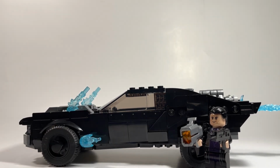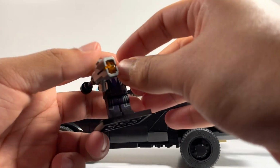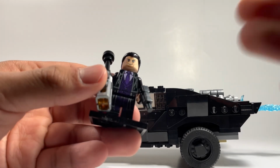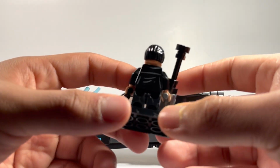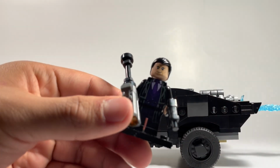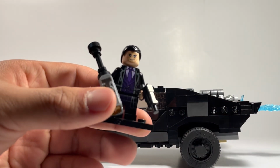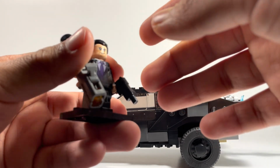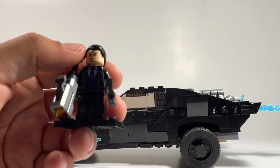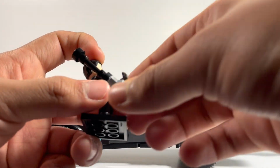The next minifigure you have here is the Penguin, who I'm pretty sure in the movie is played by Colin Farrell. I'll watch the movie first, but I think this figure looks great. All the previous Penguins have come with short legs, and I think it's cool to get a different version of him, where he's not in his traditional campy penguin look, but actually looks like a crime boss, as he comes with the pistol gun, as well as